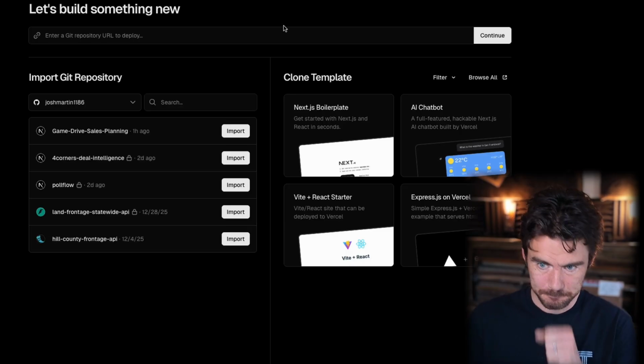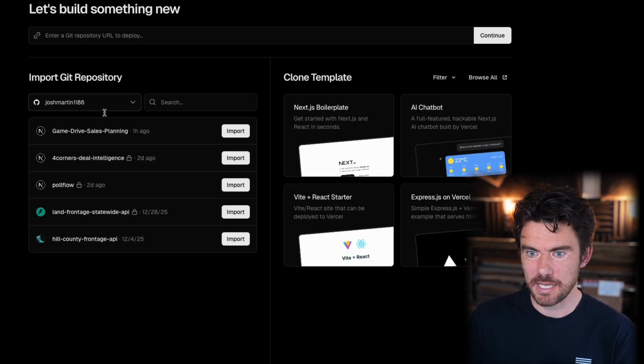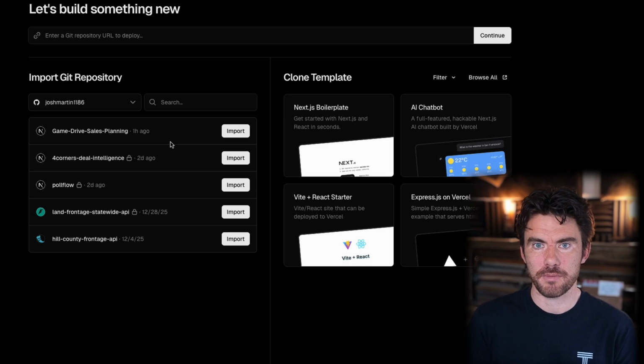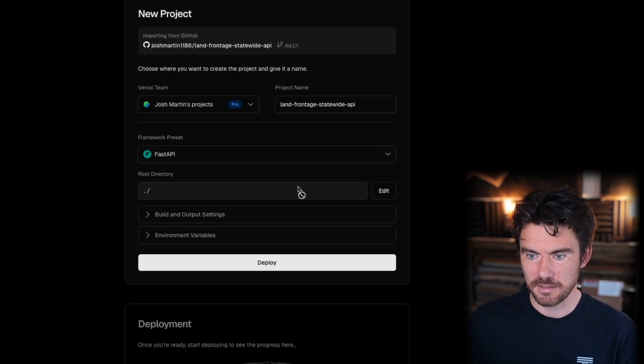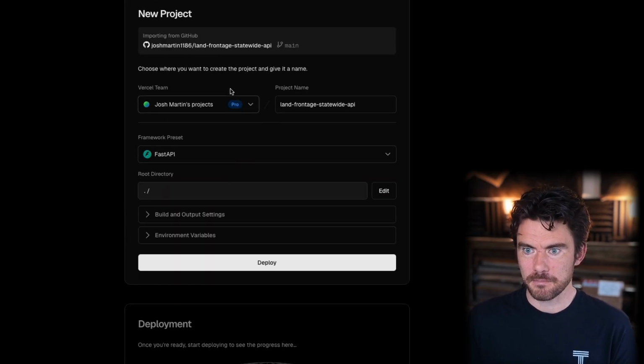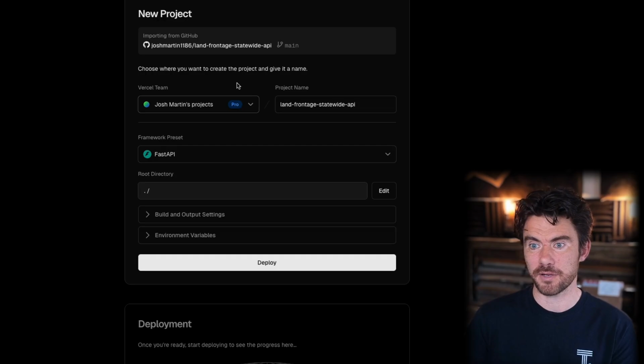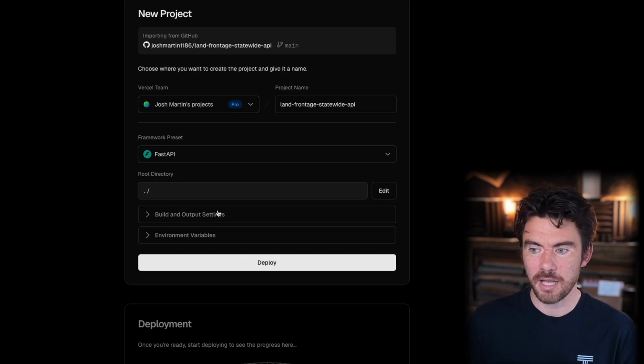And basically, you'll just say import from Git repo, and whatever the project that Claude created for you in Git will be there. And you just click Import. I'll just show you an example here. Pretty much all of this will be filled out for you in terms of new project, but all you'll have to do is